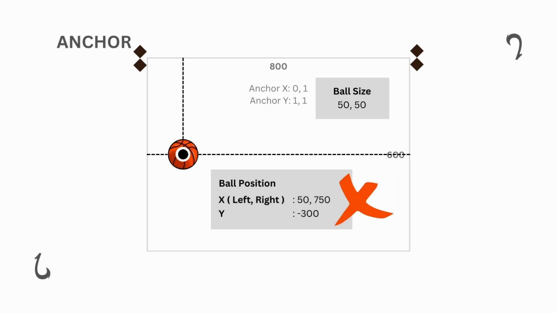So we can count the true left position as the pivot point minus half of the ball size, right? And we will get the left of the ball. So to calculate this, 50 is the position of the pivot and half of the ball size is 25. So x left will become 25